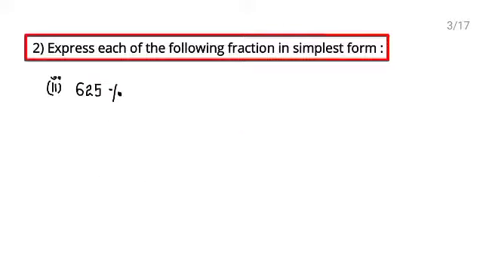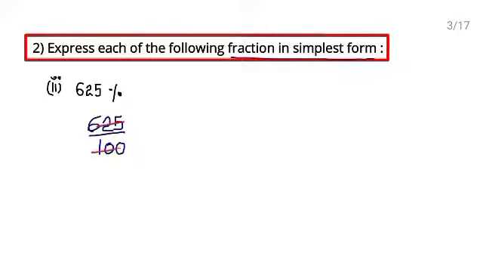Next, second part, express each of the following in simplest form. Now they have given in percent. Why? Because the percent sign is here. So they are asking to write as a fraction. Fraction में लिखना है, and then in simplest form. So percent means out of 100. So when you remove the percent sign, जैसे ही आप percent sign को remove करेंगे, there will be 100 in the denominator. Okay. Now this is in fraction.